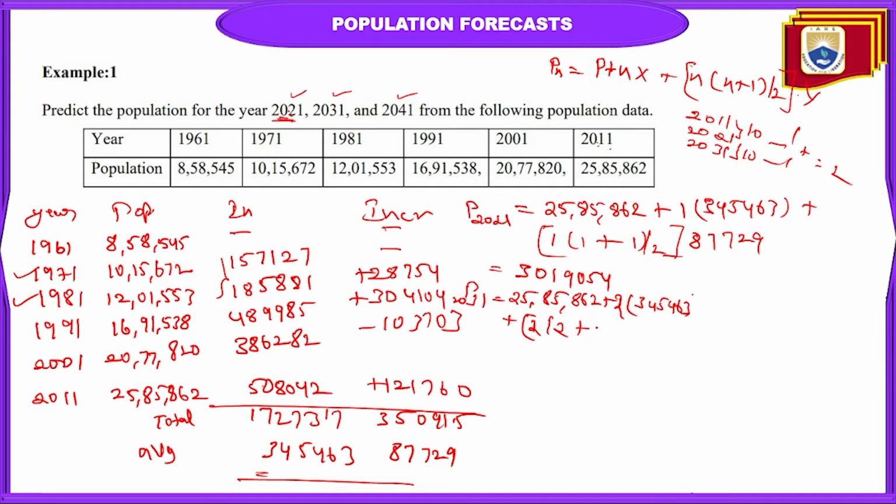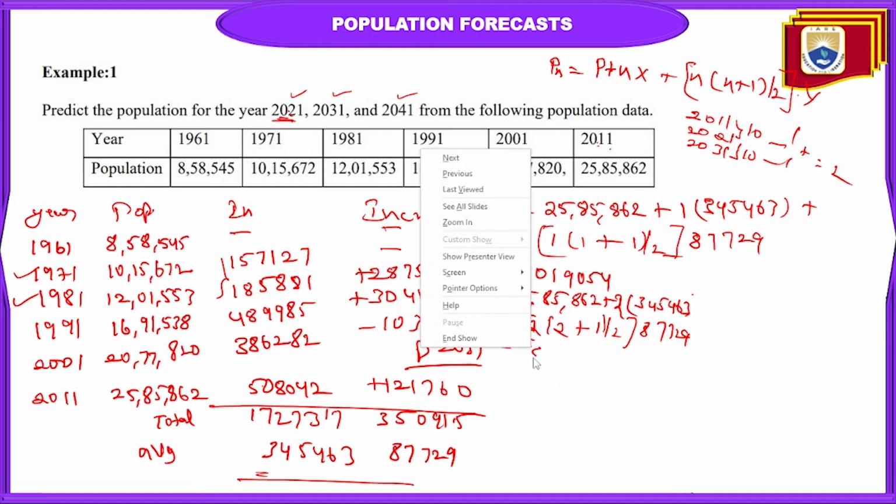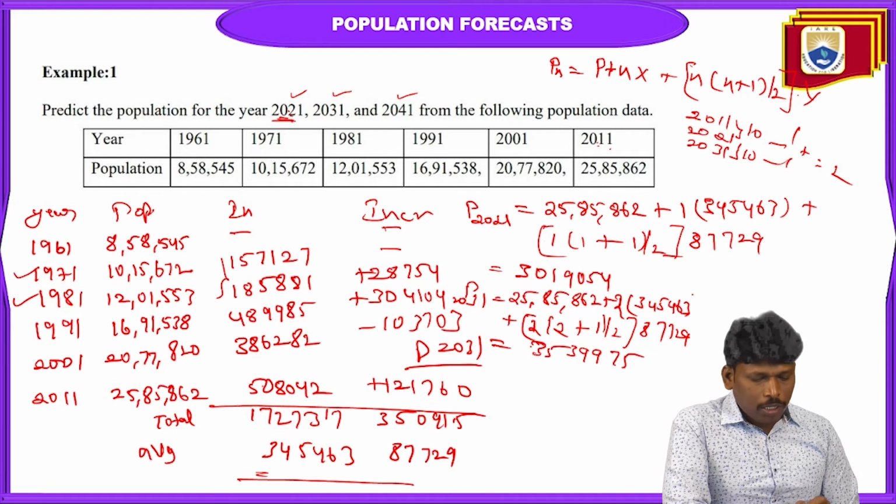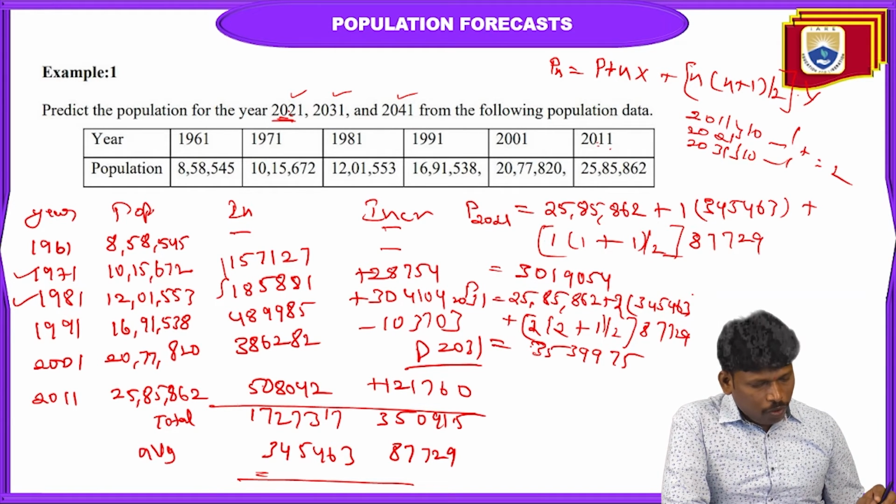and according to the formula it is 1 divided by 2, and y is again 87,729. So then you will get the value here. It is equal to the population in 2031 equal to 75. This is the population at 2031. So now if you want